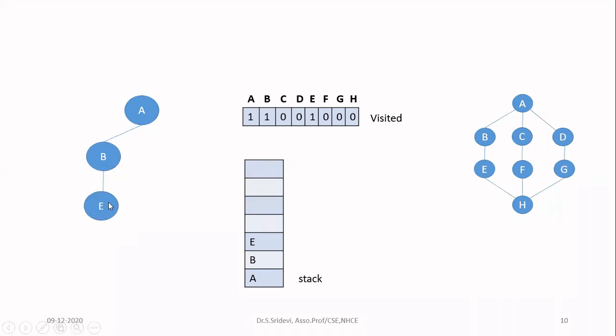So now you have to proceed with the stack only. Go to the stack, see what is on the top of the stack. On the top of the stack, I have the node E. So now currently I have to search with E. Go to this graph, check whichever vertex is adjacent to E. To E, I have two nodes which are adjacent, that is B and H. So first I'm checking with B. Let me check only in alphabetical order. B is already visited, so I will not continue with that. I'll go to the next neighbor, H. H is now unvisited because here I have 0.